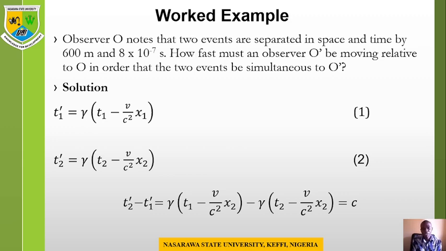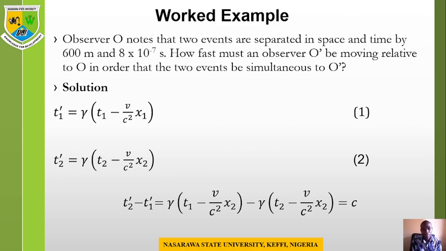The stationary observer will start its measurement from 0, while the moving observer will measure at 0 prime. So here both the coordinates are synchronized, starting at the same time. That's what it means by that. So how fast must an observer 0 prime be moving relative to 0 in order that the two events be simultaneous? In order that the two events will be the same,